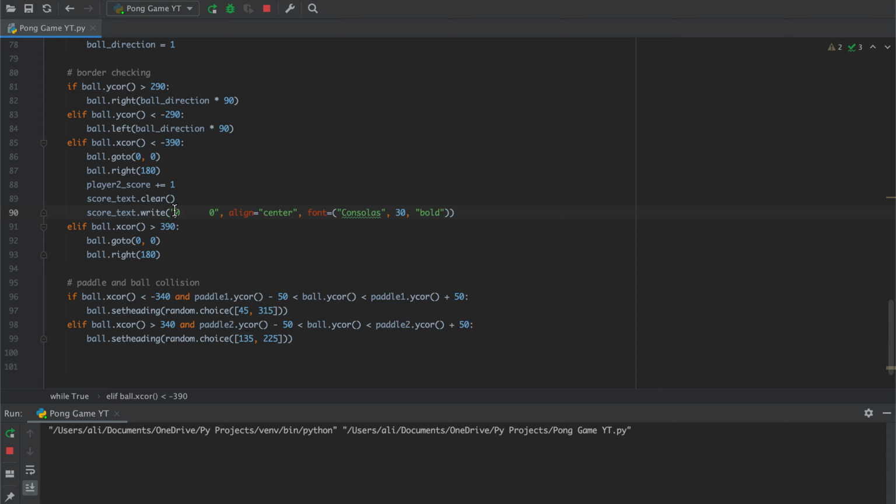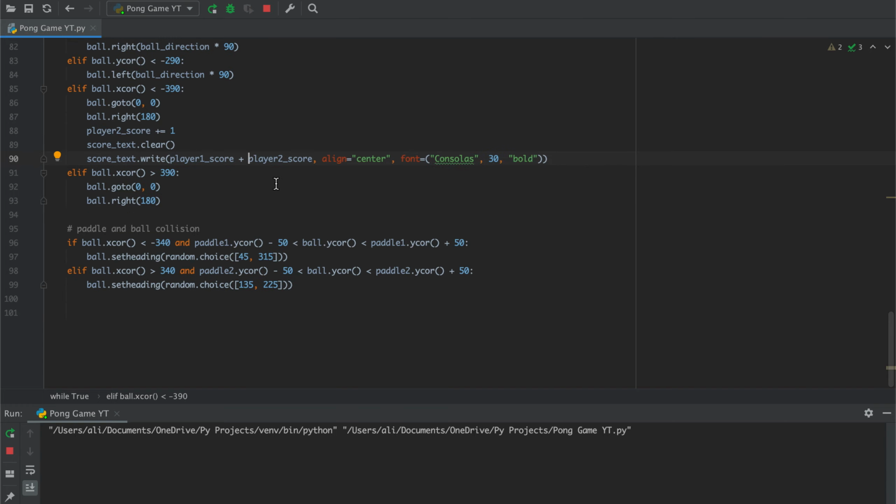So instead of this, I'm just going to say player 1 score plus player 2 score. Okay, I'm just going to remove these quotation marks, and actually I can put 6 spaces in between so it doesn't look cramped. So I'm simply going to say player 1 score plus 6 spaces